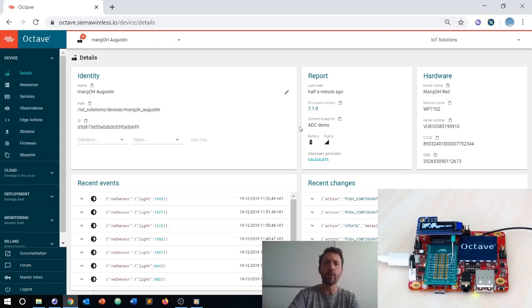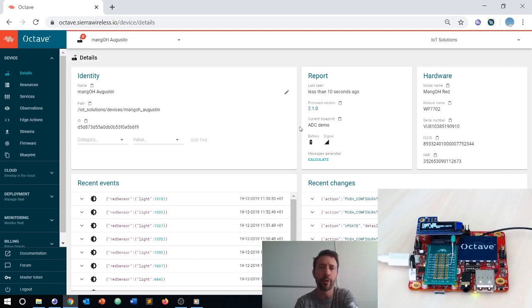Hi everyone. So what we'll be doing today is guiding you through an Octave demo where we will use a mangOH device enabled with Octave and the Octave web interface plus Octave's API to control a full setup where we'll basically have a mangOH device with its light sensor that we will use to control an LED thanks to the GPIOs on that mangOH with a bit of logic, so edge actions that we will deploy to the device with a small snippet of code which will trigger and enable the LED by comparing the actual light